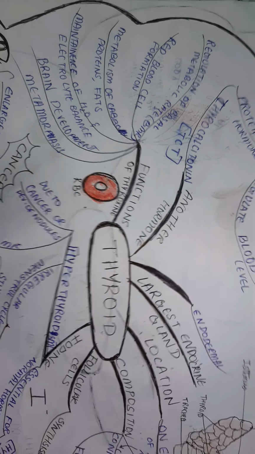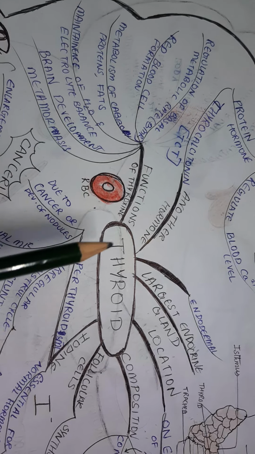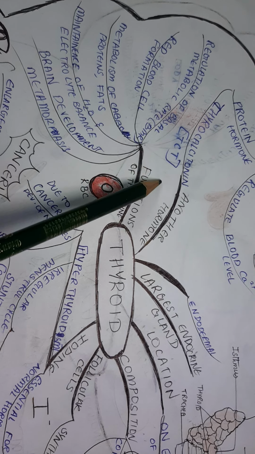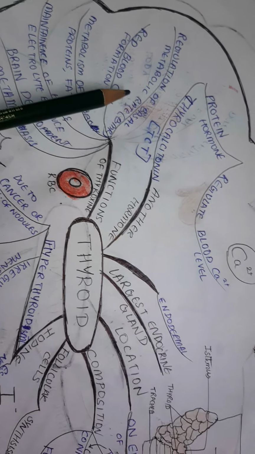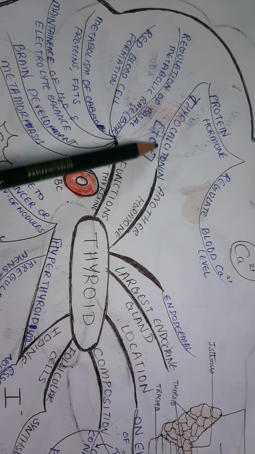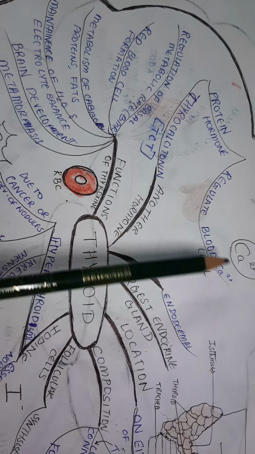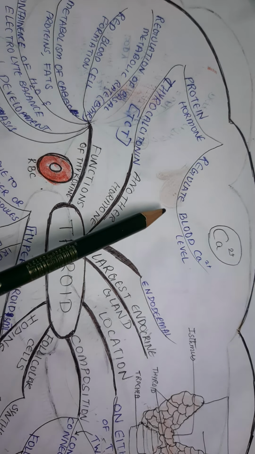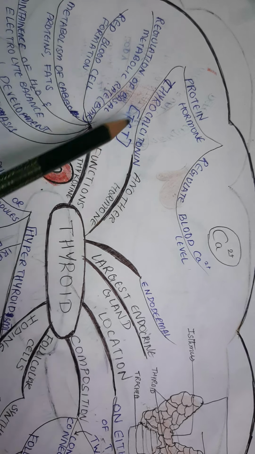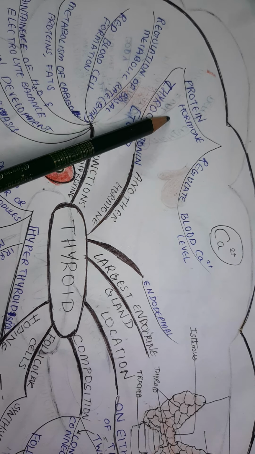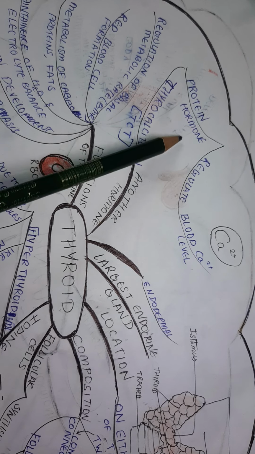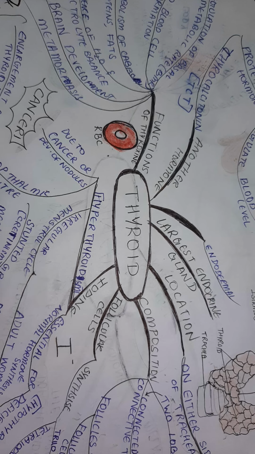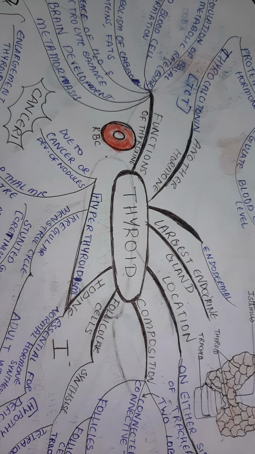We have another hormone which is also released by the thyroid gland. The name is TCT, thyrocalcitonin. What is the function of this hormone? Calcitonin regulates the blood calcium levels. How much calcium is present in the blood is regulated by this hormone. And this hormone is proteinaceous in nature, meaning it is made up of proteins. So this was the basic summary of the thyroid gland and its hormones.